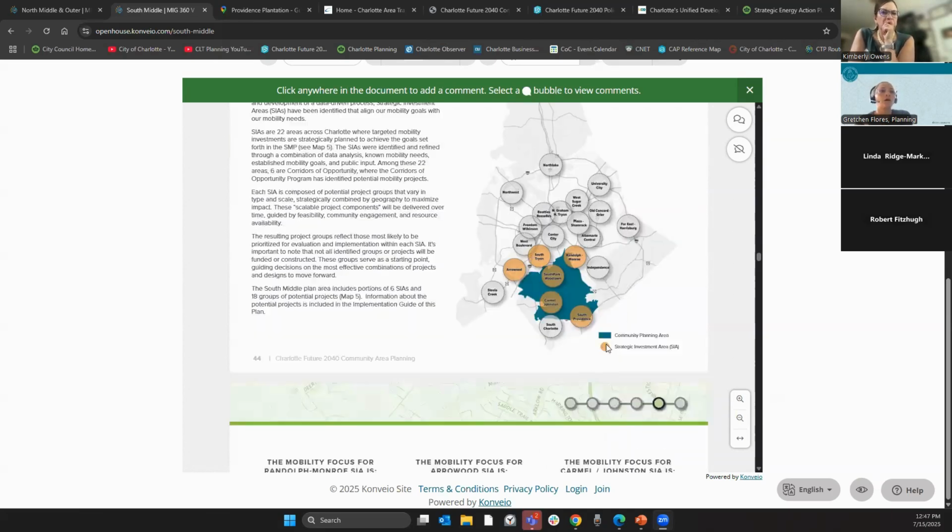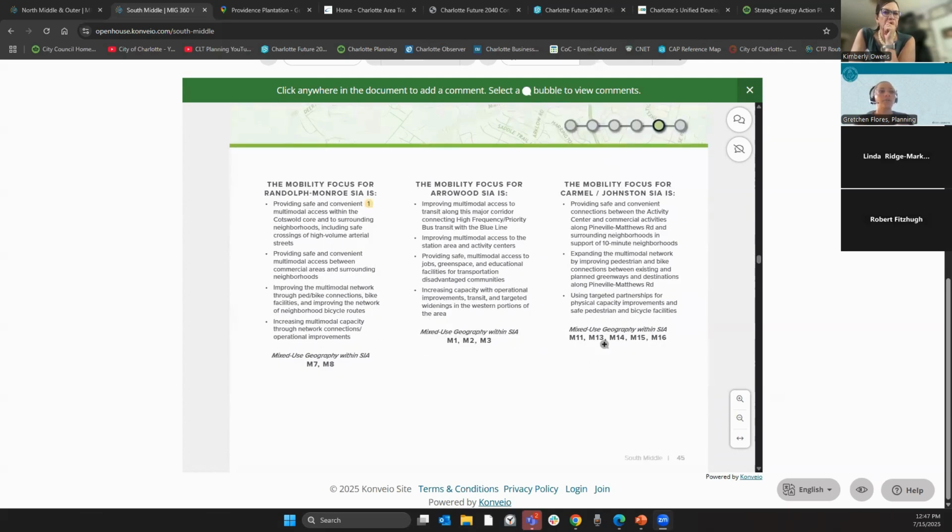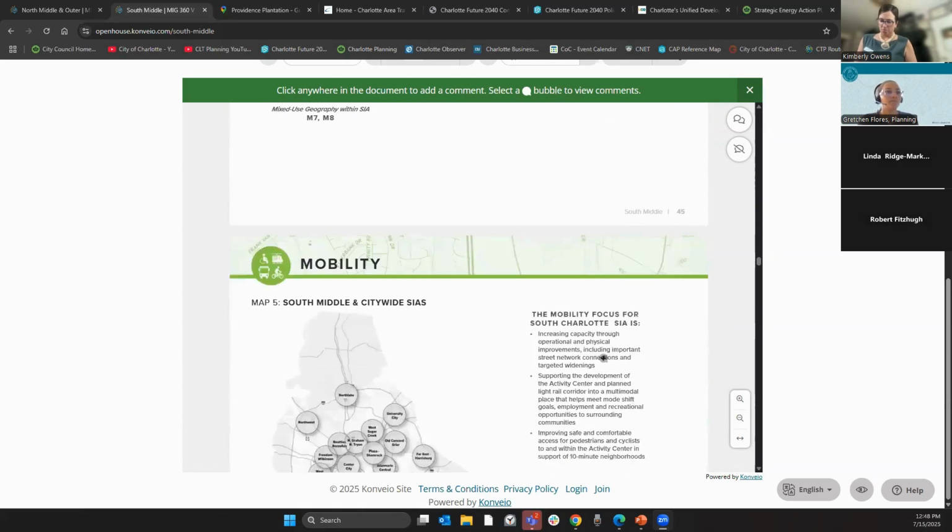And what these are is a number of projects that can be bundled together to try to close some of the mobility gaps that exist. Now, in terms of the time that it would take to accomplish all of these, it would take a very long time, but this at least sets the framework for identifying those projects in a plan that can then, from a council perspective and from a private and public investment perspective, start to point at some of the projects that could be developed to close some of the gaps that exist in mobility today. So I'll stop there.